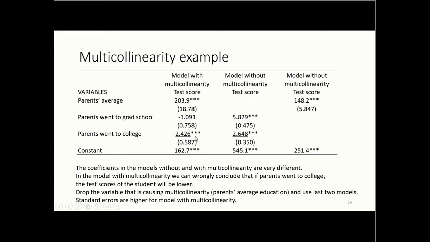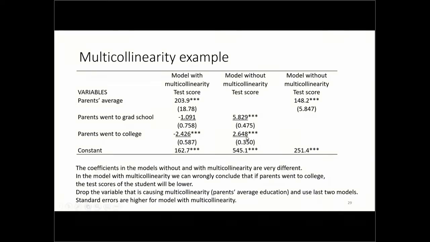Here is a model with only these two variables, and here's another model with just this variable. Notice that this coefficient is very different from this one, and this coefficient is very different from this coefficient. Actually, this one even changed sign, from a negative to a positive